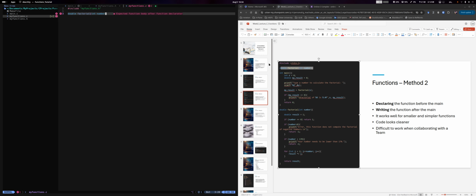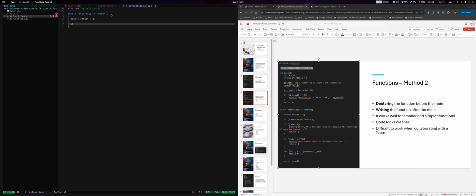So the header takes the prototype, and the C file will have the function written as it should be. So let's go do this and finish the video soon. I also have to go through this makefile so you know what happens behind the compilation of a C program. So let's go. Double my result is equal to 1,